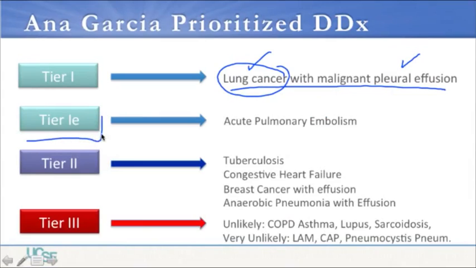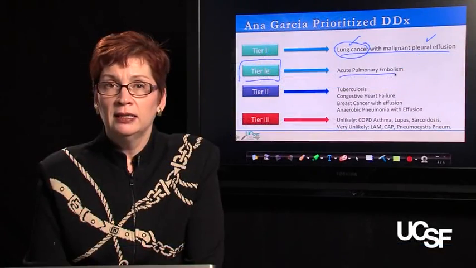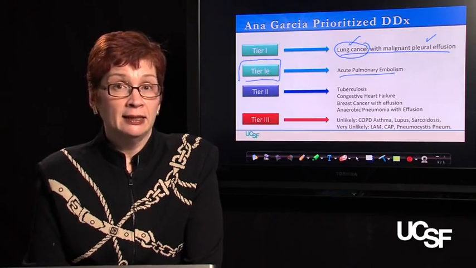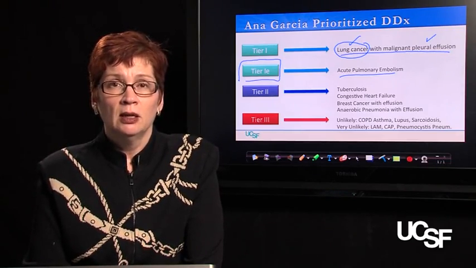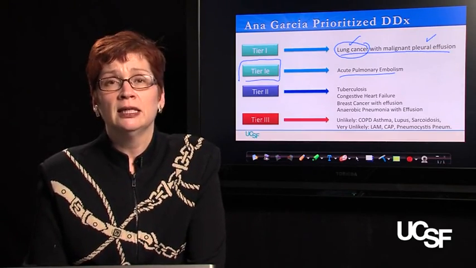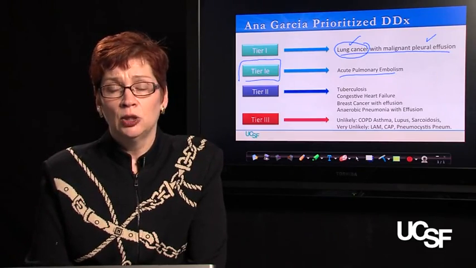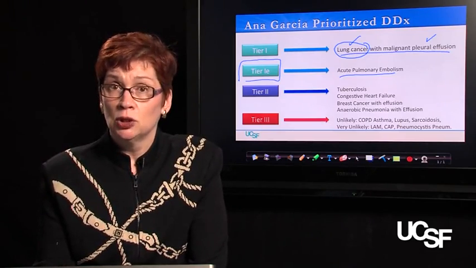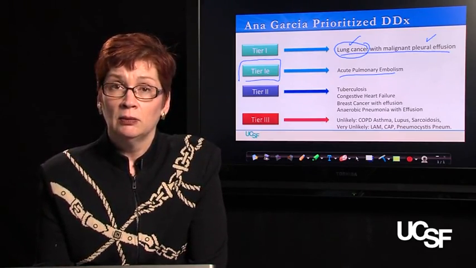Tier 1E, we might say acute pulmonary embolism. Now, why is acute pulmonary embolism there? We would put it there if we think it is a less likely diagnosis than a tier 1, but something that could kill her tonight if we don't immediately identify it and treat it. So pulmonary embolus does fall into that category of it needs to be diagnosed and treated quickly to avoid potentially